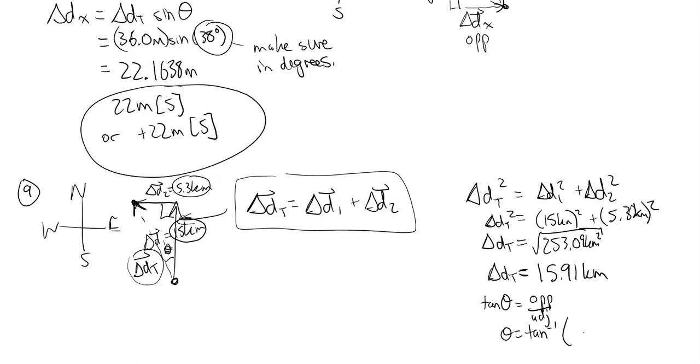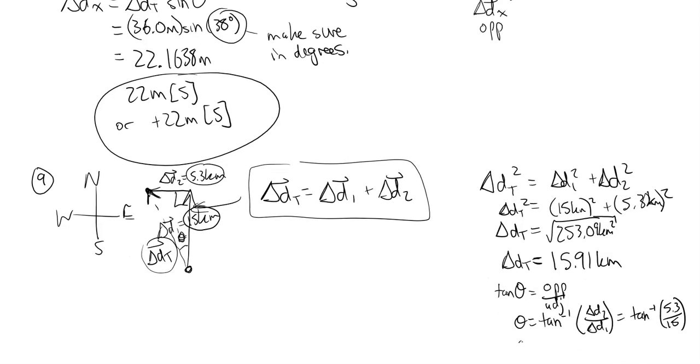The opposite side is delta D2, and the adjacent side is delta D1. And so we take tan inverse of those two numbers, which is 5.3 over 15, and we get a final answer of 19.46 degrees. So we can conclude, therefore, the total displacement